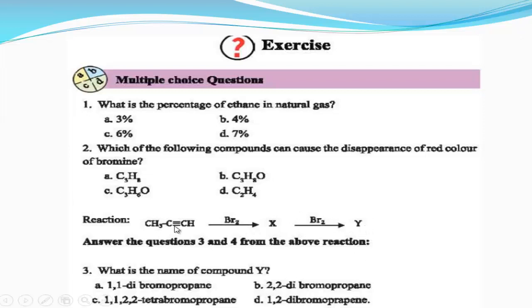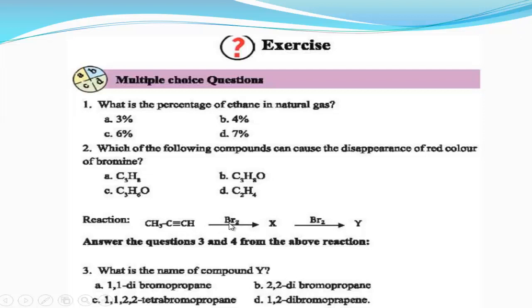So here the triple bond is broken down first. There is produced propene, an alkene compound, and these two bromine atoms insert or combine with the two triple bonded carbon